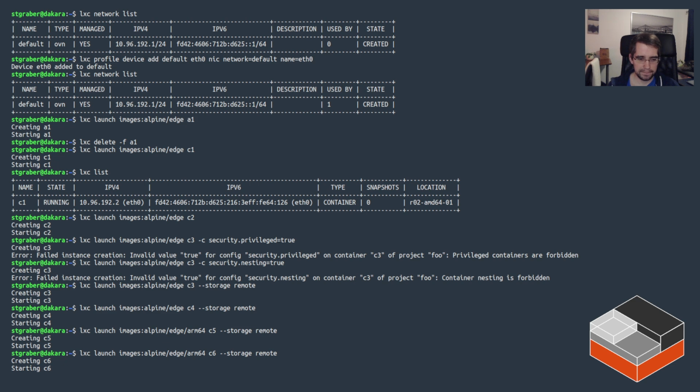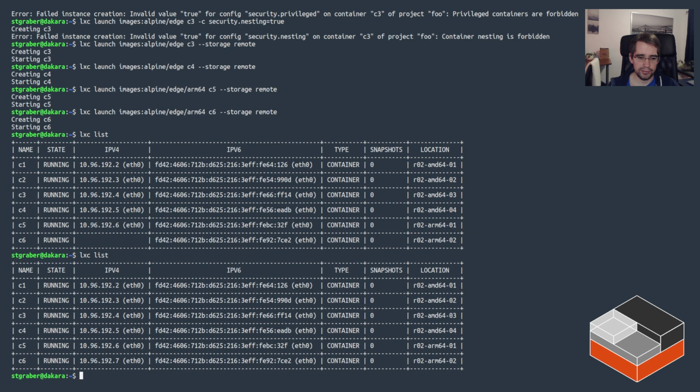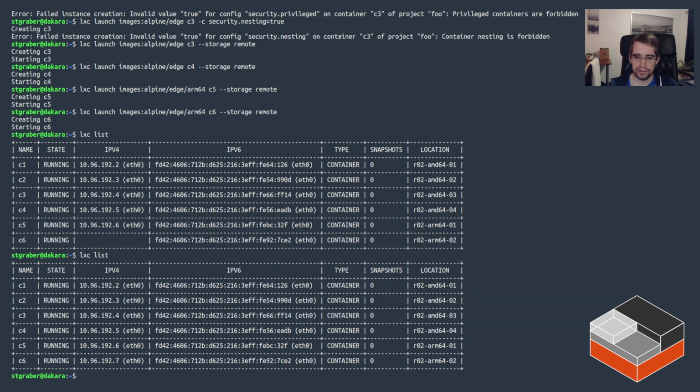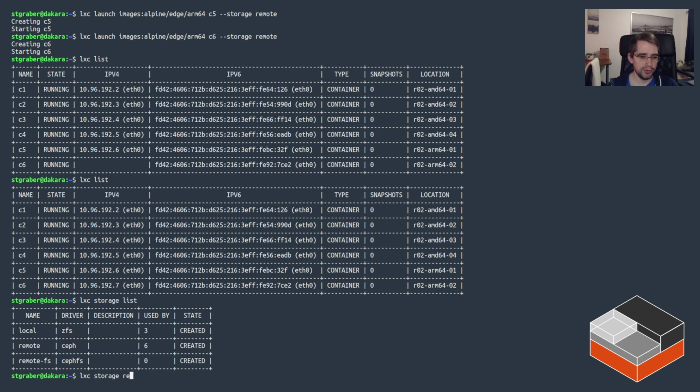All right. So if we look at what we have right now, got all of those running. Okay, last one got an IP. All of them on Intel. We've got some that are on different storage pools, but they're all on the same network. They all can talk to each other. It just works. Now, as a reminder, we've got that remote FS pool. So let's create a volume on there. So remote FS